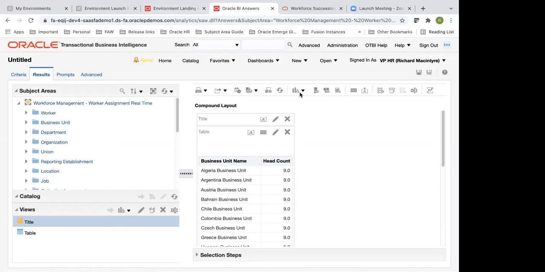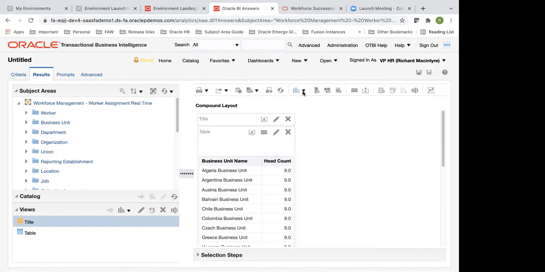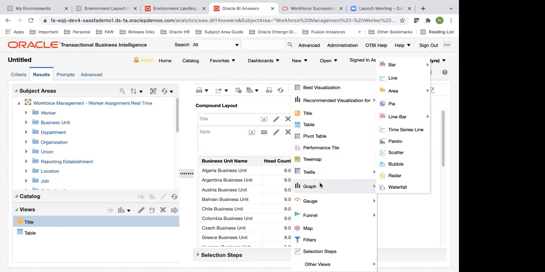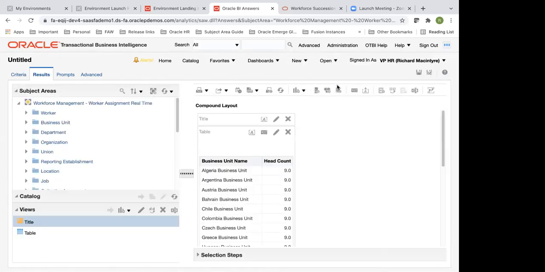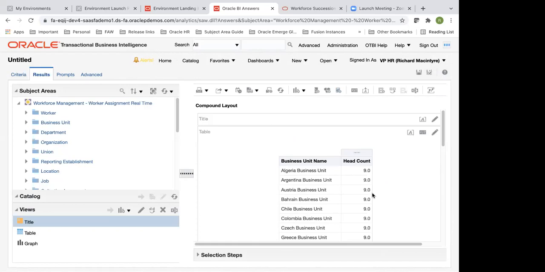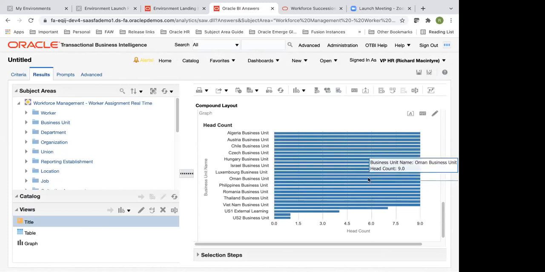So now I would want to create a graph out of this. I don't want to show this to my management as a table. I want to create a graph. So what I do, I go here. This icon is the place where you can create multiple views. So I say a new view and I'll say graph, and I can choose a graph. I'll say, give me a bar graph. I'll say vertical, horizontal, whatever, I could do that. The moment I do that, the graph based on whatever data you have in the table is available here.